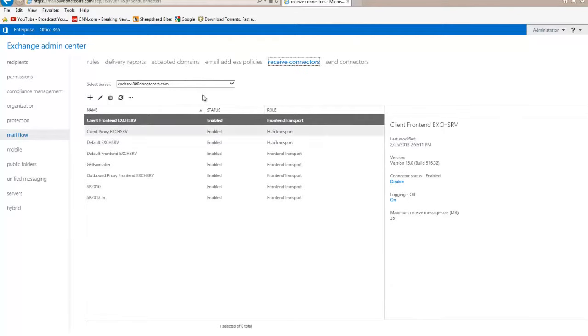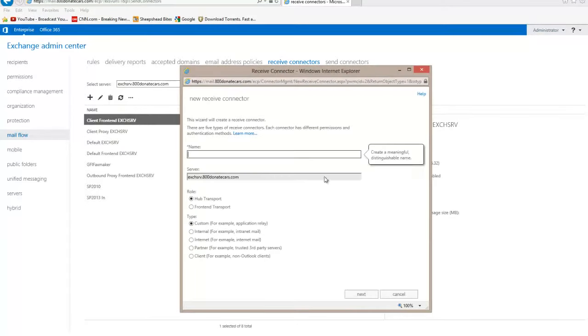Keep in mind that whenever you create a new connector or a new receive connector, you should use the front-end transport rather than the hub transport as an option. I'll show you right now what I mean when you click on the little plus to add it. As far as role goes, go with